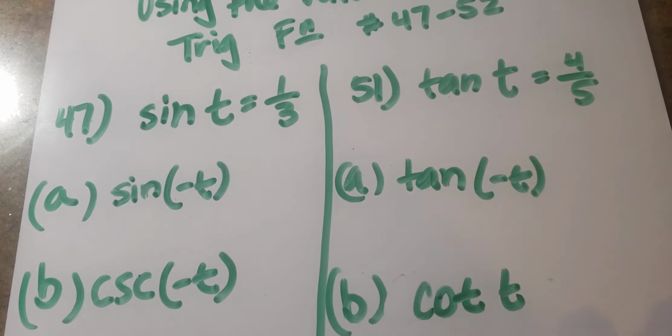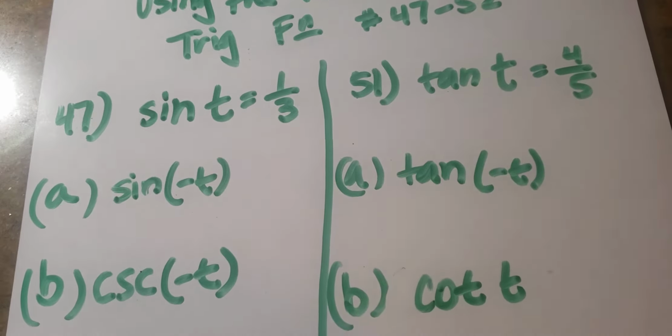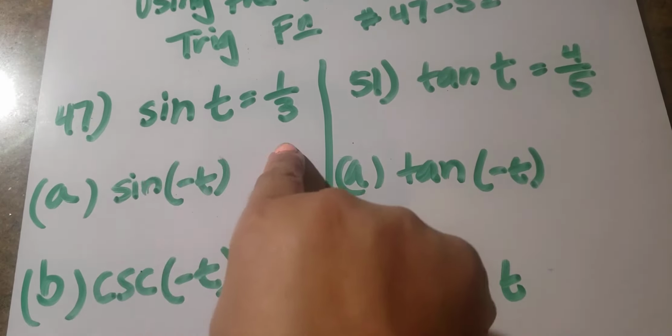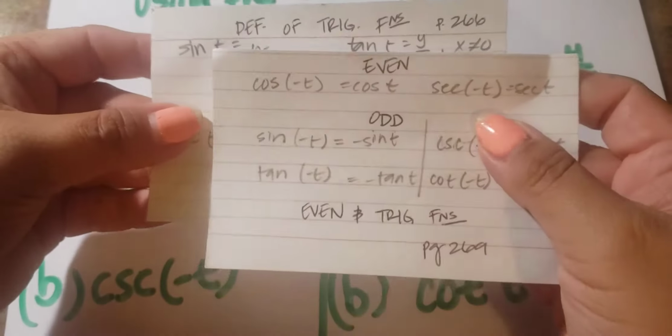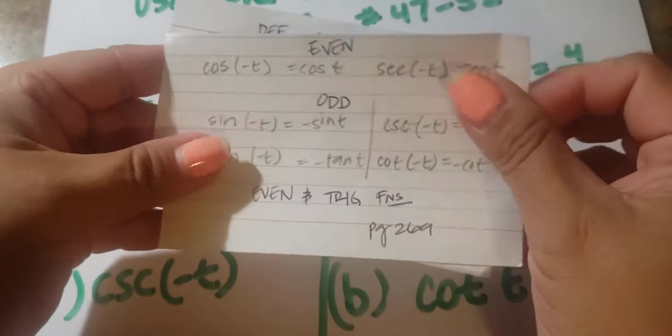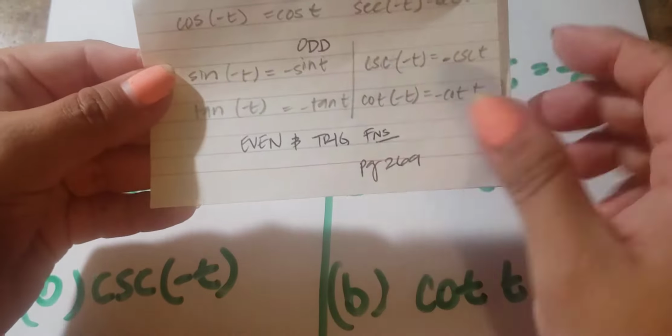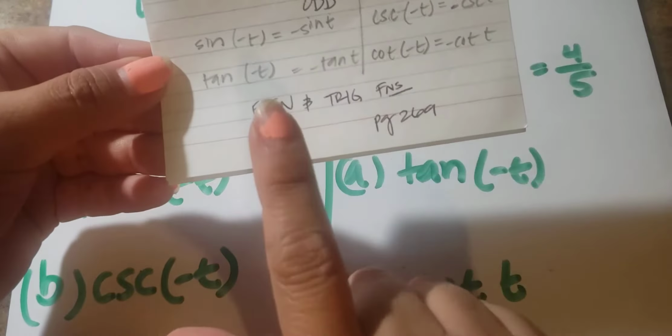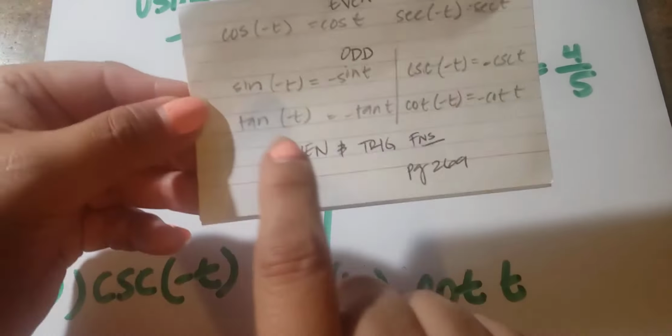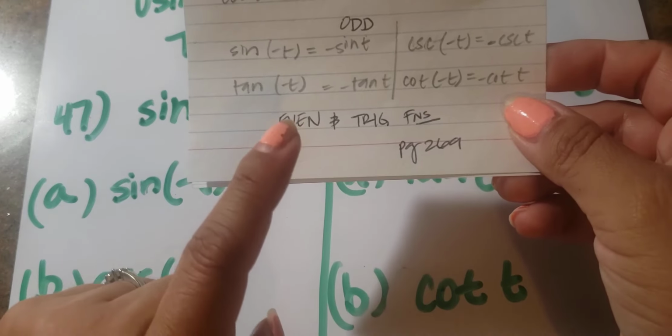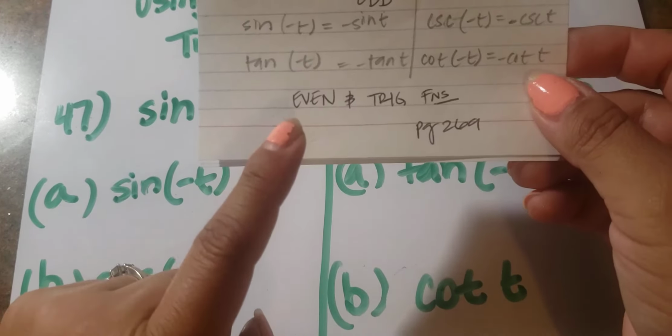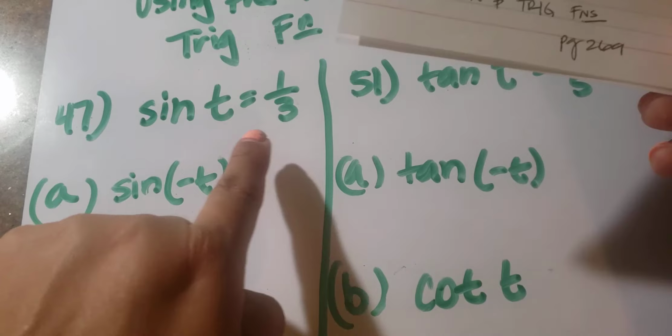So the instructions are pretty simple. They just said use the value of the trig function to evaluate each function. Okay, so sine of t is 1/3. So I want to look at this index card, okay, the chart on 269. So we know that sine of t is 1/3,